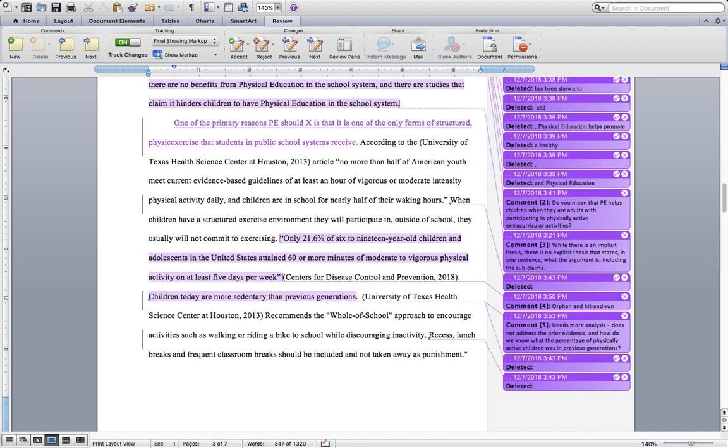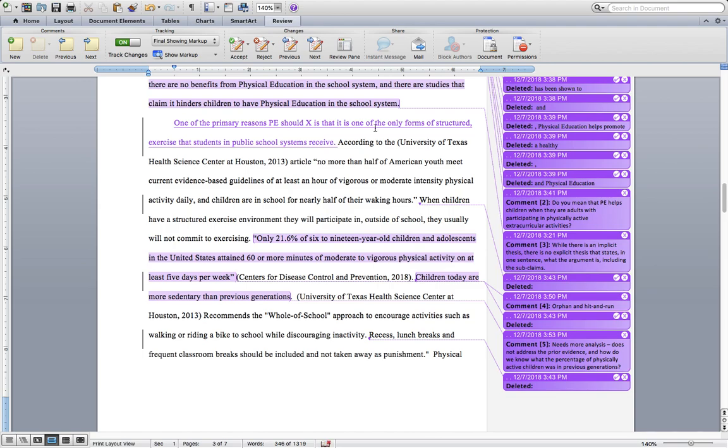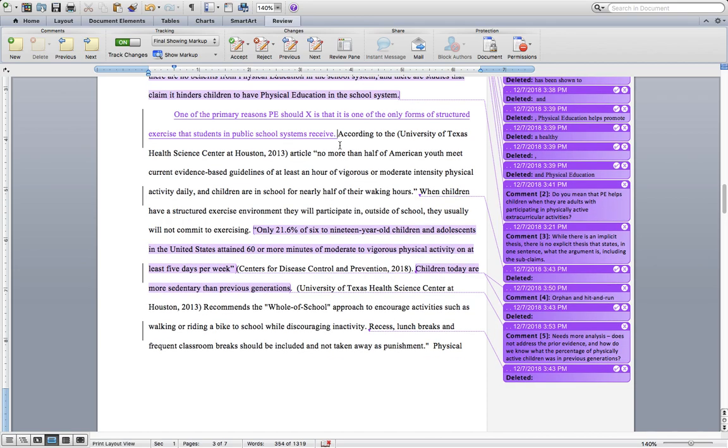Well, exercise is physical, so I don't even need that word. And then since I've changed this, I do want to keep structured though. Structured exercise that students in public school systems receive. So again, you need to be specific about the type of system you're referring to. And then again, I would be more specific still about students. Are we talking again elementary, K through 12, high school, middle school? What does that look like? But that would be more of a topic sentence that provides an argument for what this paragraph is going to be about,